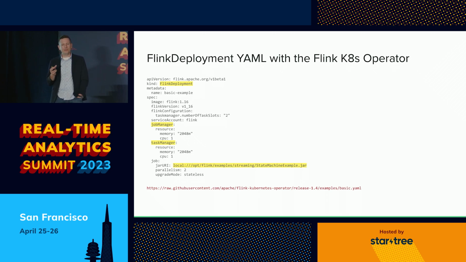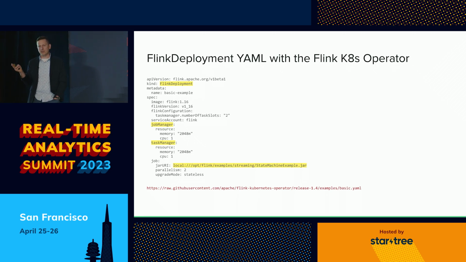If you winced when I mentioned Flink, one reason might be that you have this older model of "I need to carry around a Flink cluster. I have to deploy a Flink cluster. I have to own a Flink cluster." Well, this is also relatively new. The Flink project now includes a Kubernetes operator, which is really interesting because it means that you can deploy a Flink job with basically nothing more than a jar. If you have a jar and you write a little bit of YAML, you can deploy that. You don't need a Flink cluster already. You really just need a Kubernetes cluster.